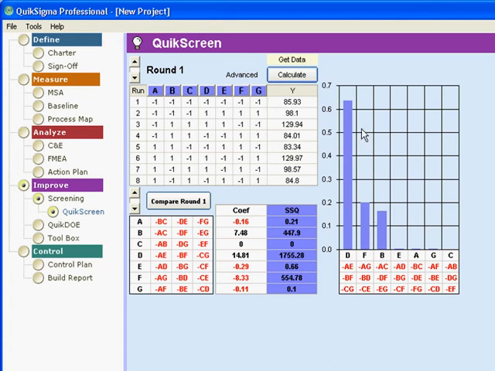And what this brings up is what some people call a scree plot. I kind of tend to favor optical f-test. The idea is that usually there will be an elbow here. Scree is the rubble at the base of a cliff. And so we look for the rubble down here. And we think, okay, it looks like D, F, and B are active and E, A, G, and C are